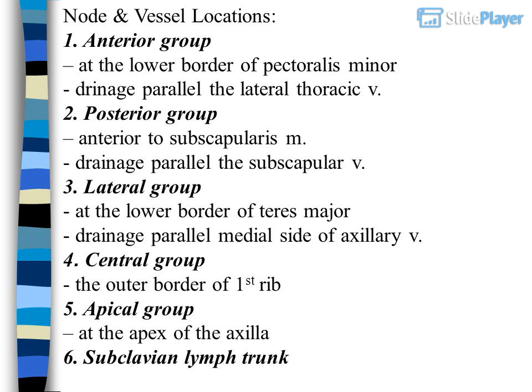1. Anterior group: at the lower border of pectoralis minor; drainage parallels the lateral thoracic vein. 2. Posterior group: anterior to subscapularis; drainage parallels the subscapular vein. 3. Lateral group: at the lower border of teres major; drainage parallels the medial side of the axillary vein. 4. Central group: the outer border of first rib. 5. Apical group: at the apex of the axilla. 6. Subclavian lymph trunk,